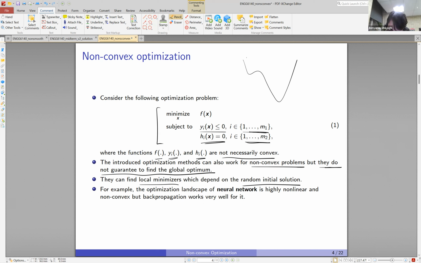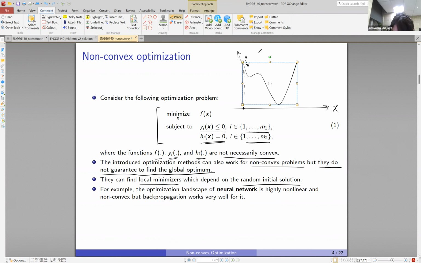So here you start with this point on X. If you do that, you will move toward this. For example, you are using gradient descent. So this is the minus gradient. Gradient is in this direction, so minus gradient will be in this direction. And depending on the step size, you might end up in this point, which is a